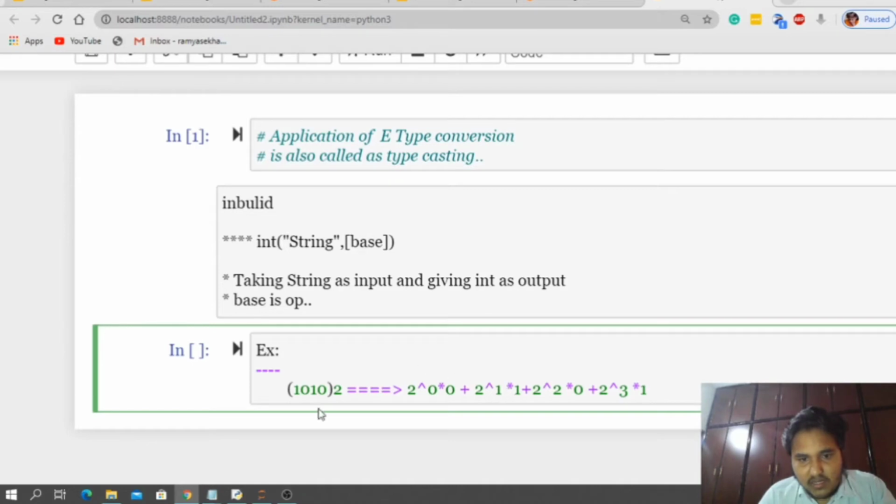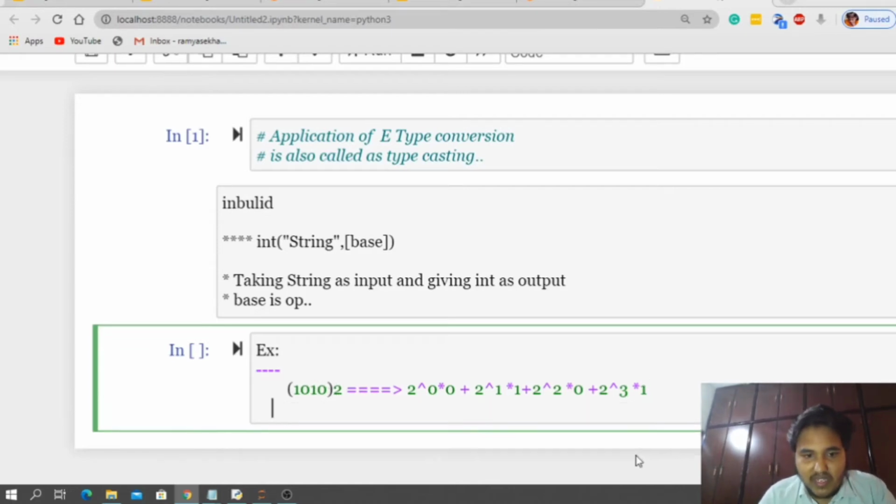So 1010 in base 2, if we want to convert into decimal, we need to multiply the digits with the powers of 2: 2 power 0 into 0, 2 power 1 into 1, 2 square into 0, 2 cube into 1. Now let me calculate the final value. What is the final value?